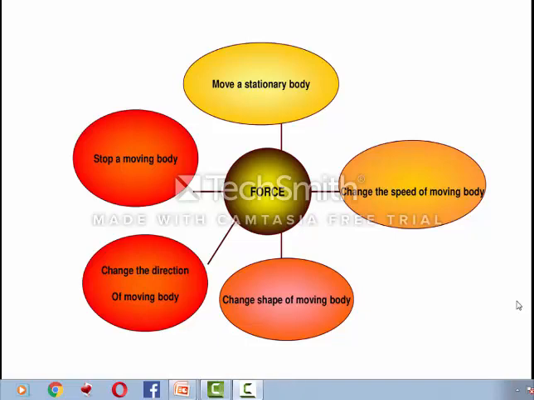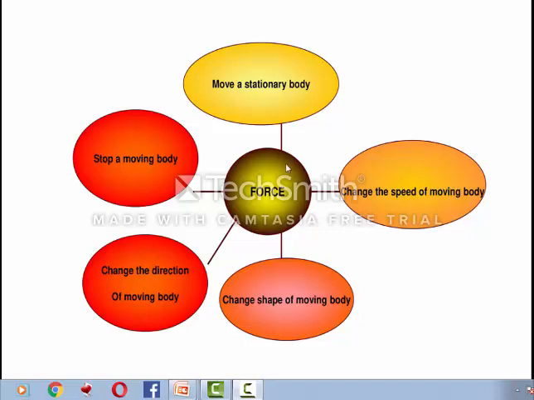In previous slides we have seen different types of force. We have talked about the balanced force, the unbalanced force and net force. In the case of balanced force the resultant force is always equal to 0, and in the case of unbalanced force the resultant force is not equal to 0, and the unbalanced force is also known as external force, which is required to